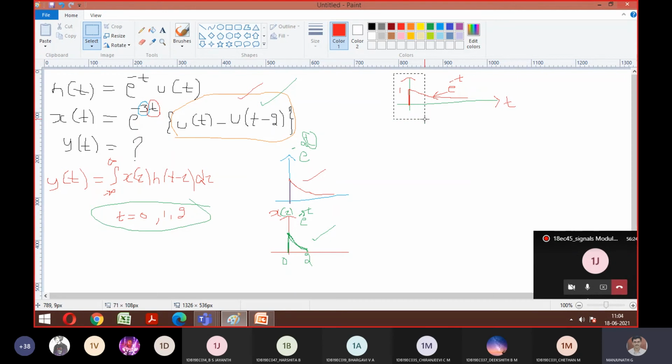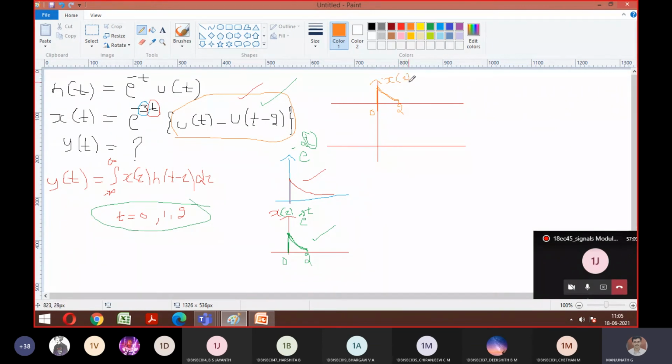First write the graph or a sketch, then we'll try to see how many cases you can expect. How to decide those cases, we will discuss. Before that, let me write both the signals in one shot. So e power minus 3t, that is x of tau, at 0 it begins, and when it comes to 2, it ends. Correct? So this is my 2, this is 0, and this is my x of tau waveform.